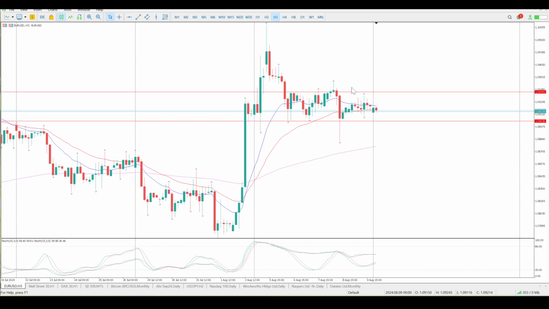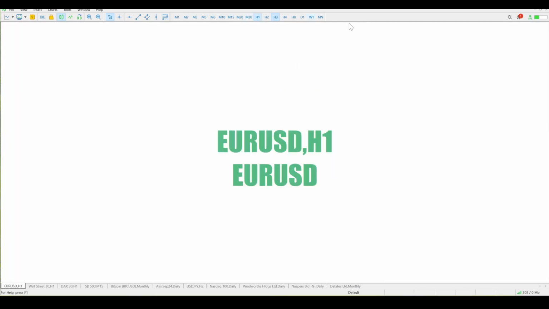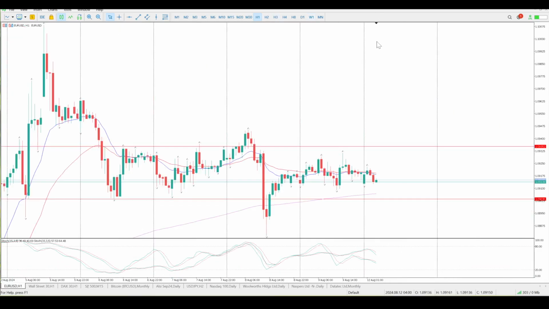So we need to break either to the upside or the downside here, and we're in amongst the moving averages, which is another indication of a range. And when we get down to the 1 hour, it's even worse. So I'm not interested in this at the moment. We need to get above this range before I start looking at this, and that is going to be what it has been pretty much for the last couple of days, 1.09350. So we need to break 1.09350, come back and test it,